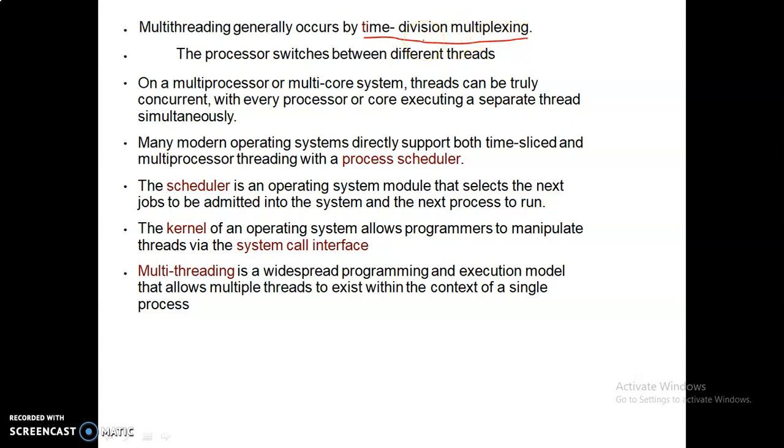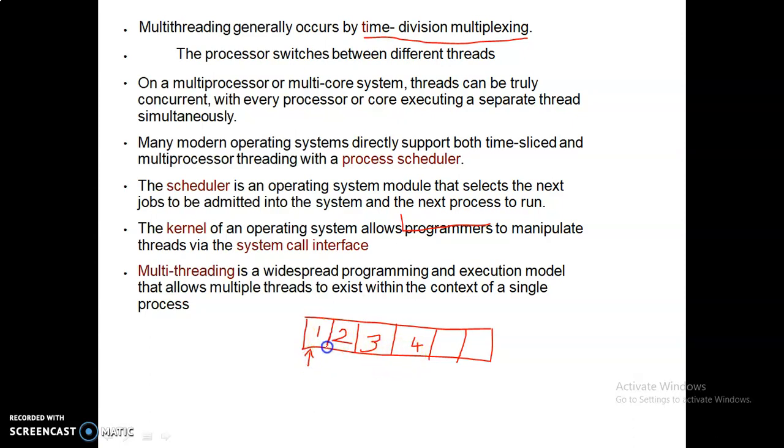For example, if I have multiple tasks or multiple processes executing at a time, all those tasks are placed within a queue, say task 1, task 2, task 3 and task 4. Whenever the first task is executing, the remaining tasks have to wait.